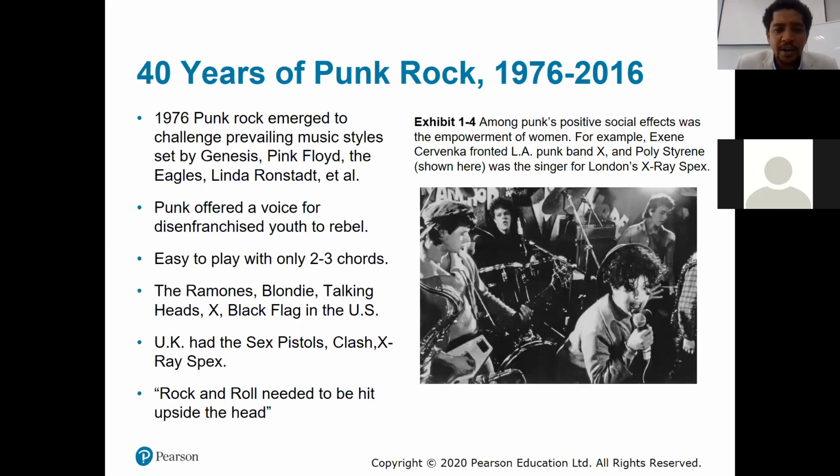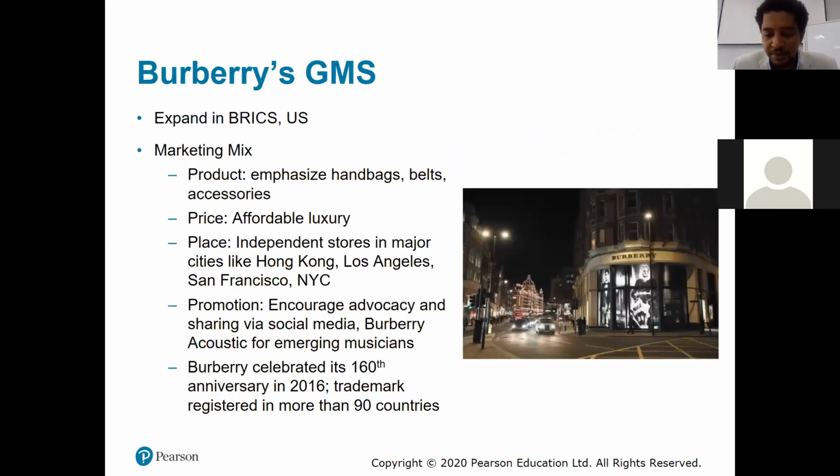So I will leave this for you to read. This is a kind of case. We can talk about this second one. You can read the first one yourselves, because we are running out of time.